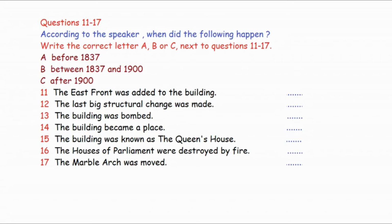King William IV finished the work after his brother, George IV, died. But King William never moved into the palace. In fact, in 1834, he offered it as a new home for Parliament after the Houses of Parliament were destroyed by fire. The offer was not accepted, though, and in 1837, when Victoria became Queen, the house became the main